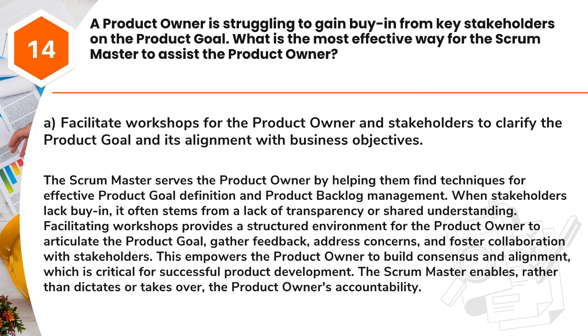Answer: A. Facilitate workshops for the product owner and stakeholders to clarify the product goal and its alignment with business objectives. The Scrum Master serves the product owner by helping them find techniques for effective product goal definition and product backlog management. When stakeholders lack buy-in, it often stems from a lack of transparency or shared understanding. Facilitating workshops provides a structured environment for the product owner to articulate the product goal, gather feedback, address concerns, and